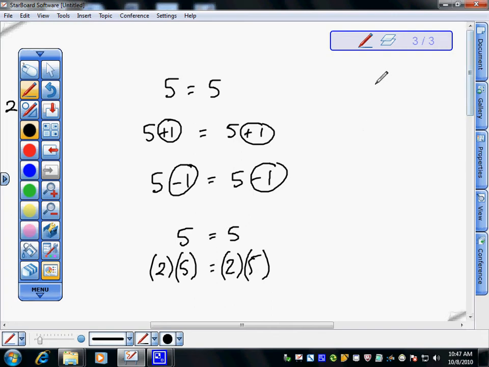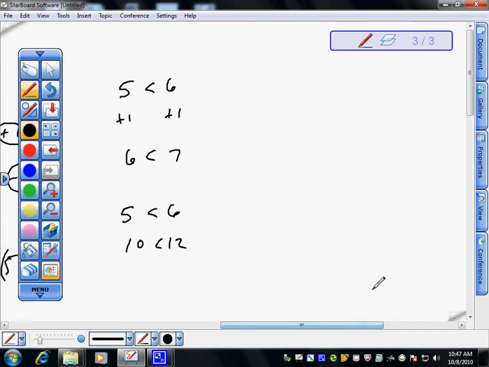Same thing goes true with inequalities. If I had 5 is less than 6, if you add 1 to both sides, it's still true. There's no problems there. If I took 1 away, there's still no problems. And also, if I doubled both sides, it's still true. Where the trouble comes in with inequalities is the concept that if I have 5 is less than 6 and I multiply,